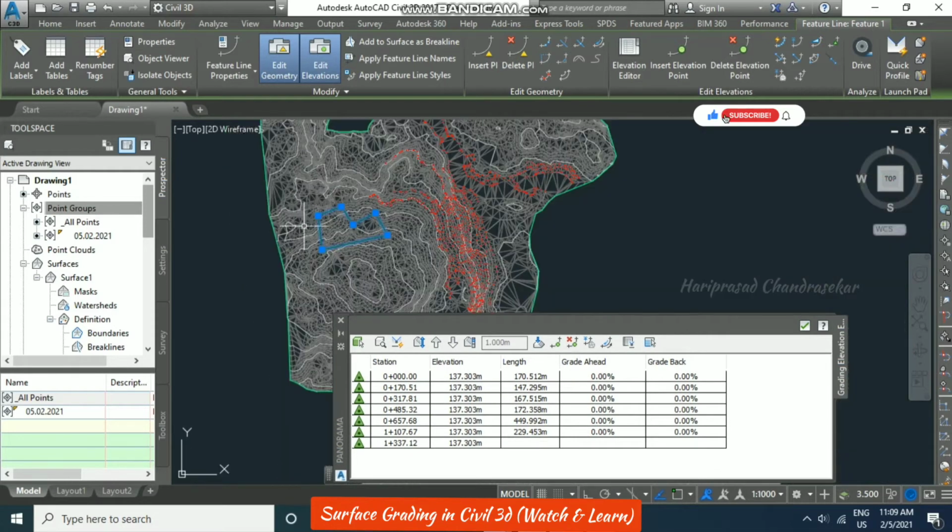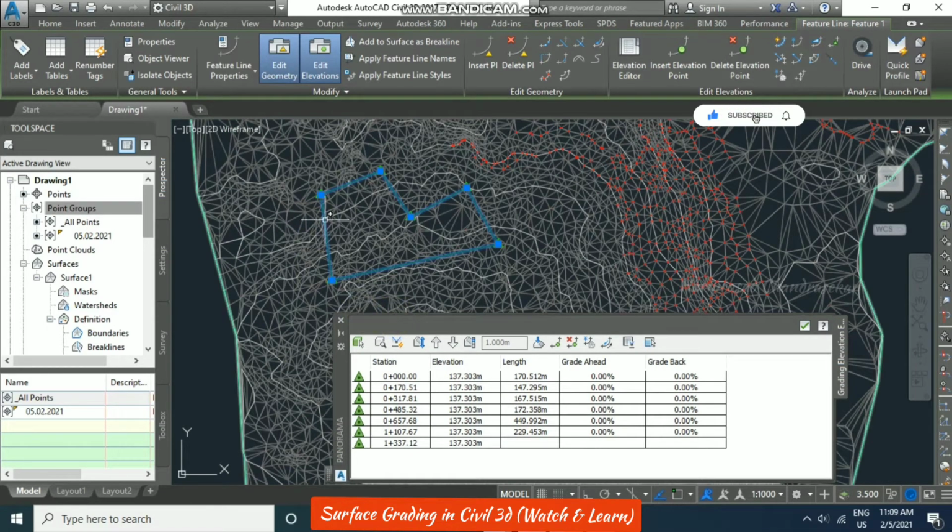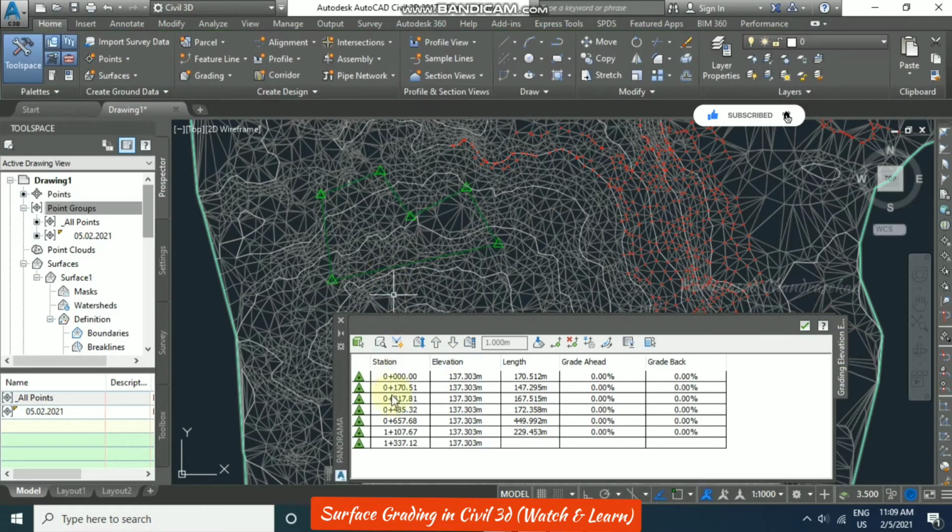So if you want to make some points above the ground and some points below the ground, you can go for, for example, now press escape and you can click whichever point you want. So this point, right, this is the first point. If you want to have more elevation for that point, then you can go for it. So how much you want, you can put here. So I'm putting like 5 meters, and then click this, then it is highlighted. Only that particular point will be elevated to 142, right? And then the second point, if it also needs to be elevated, you can put it.